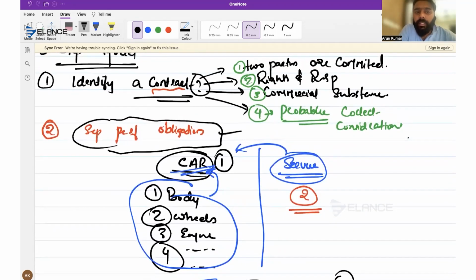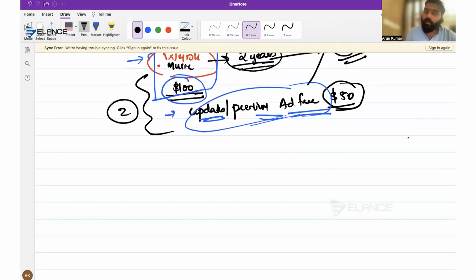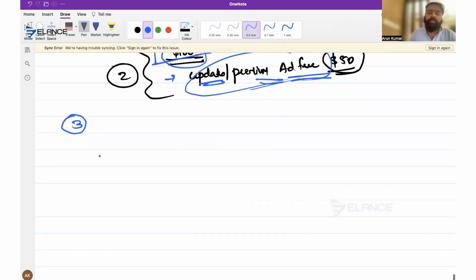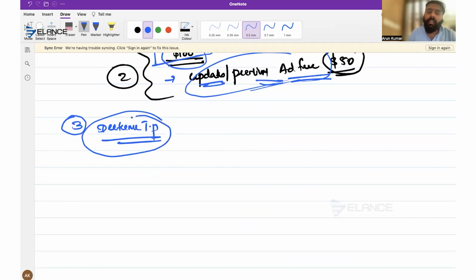So such freedom is there when it comes to IFRS 15. Make use of it effectively. I will say don't panic. Make it a choice and make sure that you are able to answer it carefully. And once you're done with the two performance obligations, what is the next step? Determining the transaction price. When we are determining the transaction price, again, we need to consider certain factors such as variable consideration.